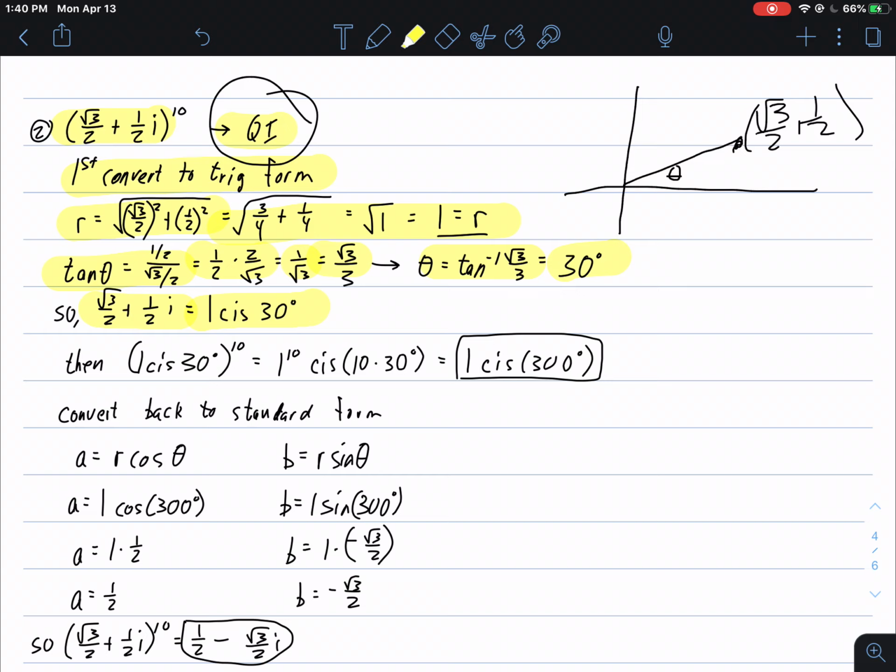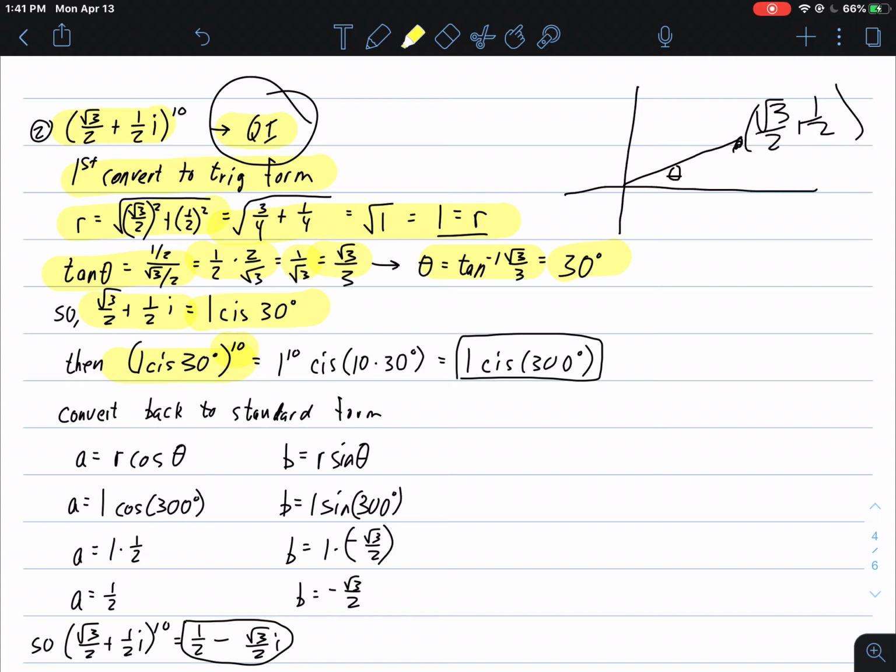But now, everything that we've done there has nothing to do with raising the number to the 10th power. That has nothing to do with de Moivre's theorem. That's just all about taking the original number and converting it to trig form so that we could then use de Moivre's theorem. So now that I have it in r cis theta form, r cosine plus i sine theta form, we can take our number 1 cis 30 degrees and raise it to the 10th power